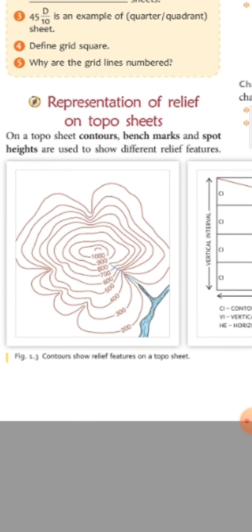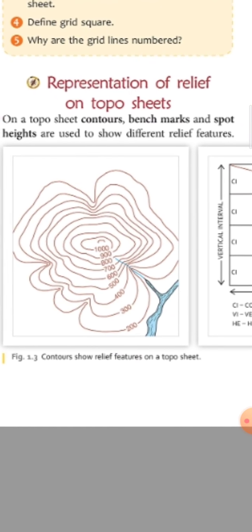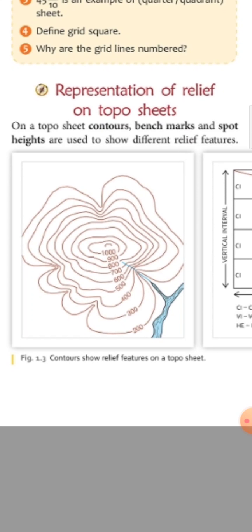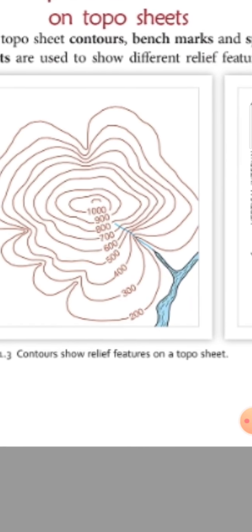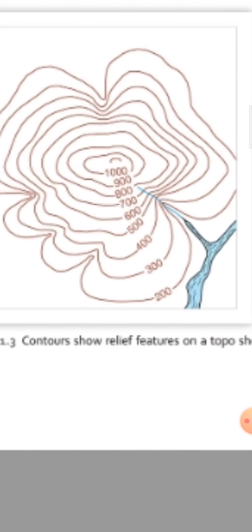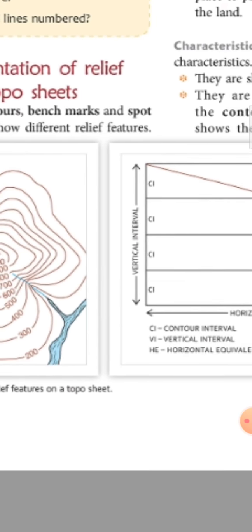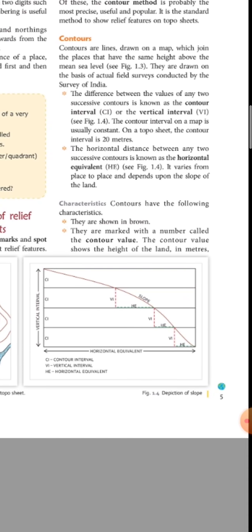Representation of relief on topo sheets is what we are going to see in this class. On a topo sheet, contours, benchmarks and spot heights are used to show different relief features. This is the topo sheet. You see, contours show relief features on a topo sheet. Then you can see here